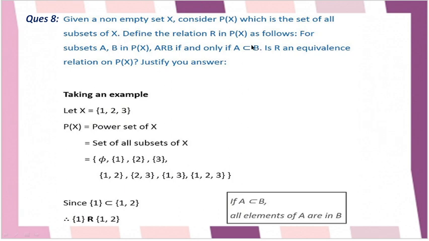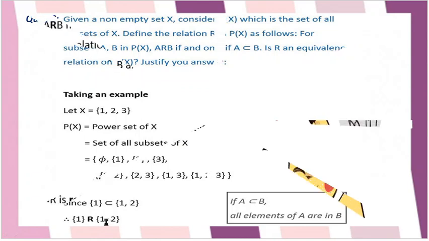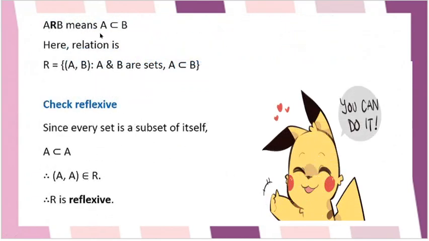They are saying in the question that A is related to B if and only if A is a subset of B. Now if this set is a subset of this set, it means this is related to this. {1} is related to this set {1, 2}. Now A R B means A is a subset of B. Here the relation is the ordered pair (A, B) where A and B are sets and A is a subset of B. Let's check reflexive. Since every set is a subset of itself,